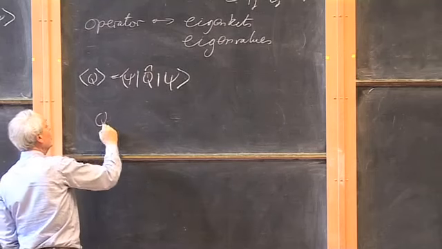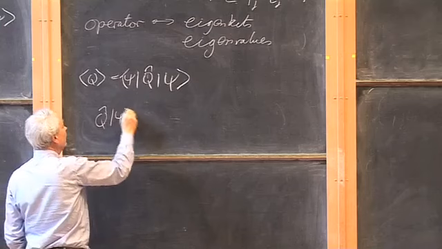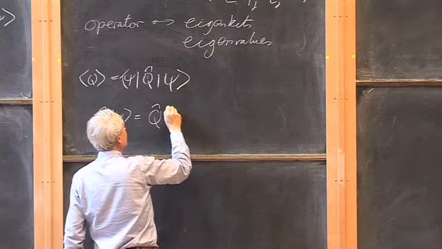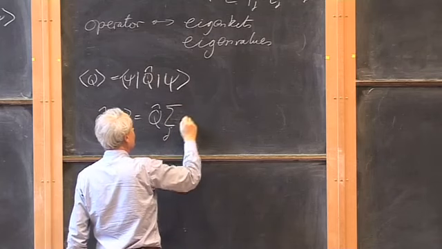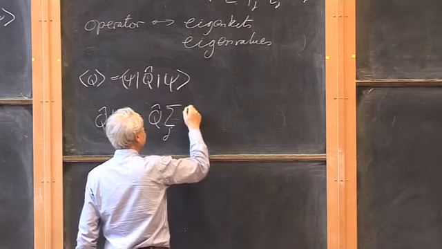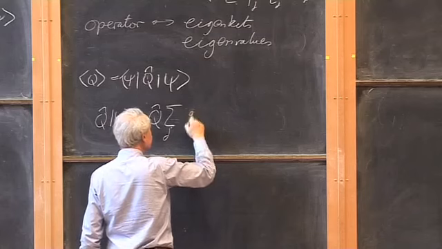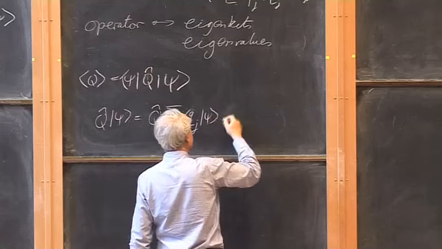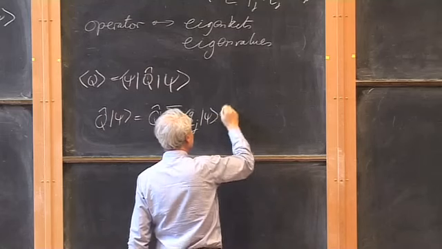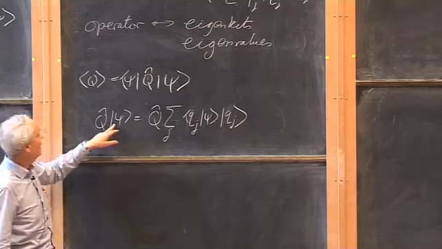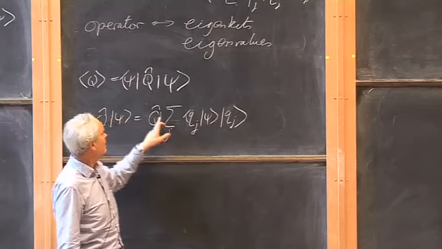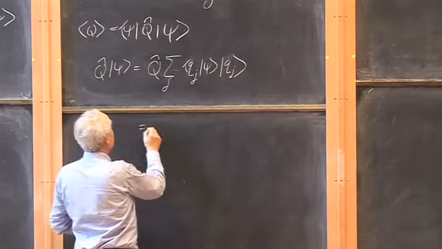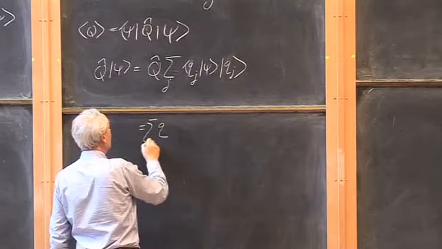the operator Q turns psi, if we expand psi in its eigenstates, right? So if we write it like this, we know we can expand any psi thus in the eigenstates of this operator, and then we know how to use this on this. So this is equal to the sum Q_j,